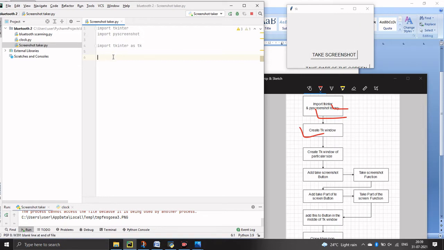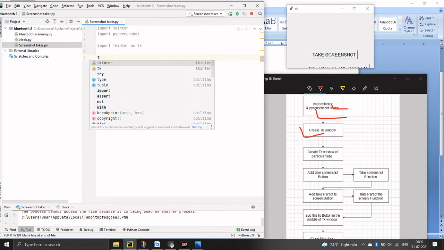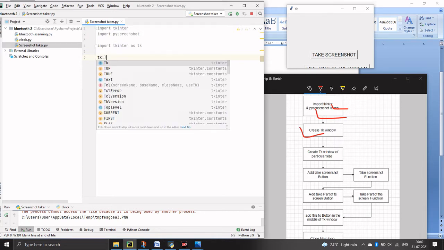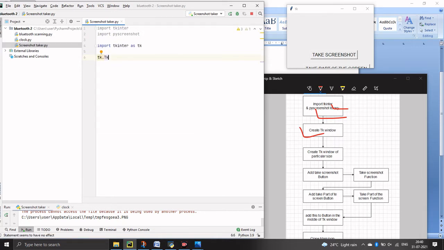So use tk.Tk. We have to assign some variable here. So I am assigning root is equal to tk.Tk. Using only this single line of code we can create this window.